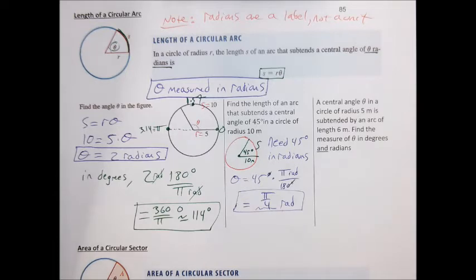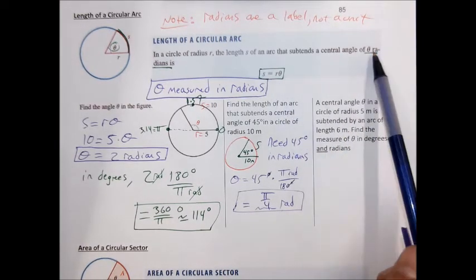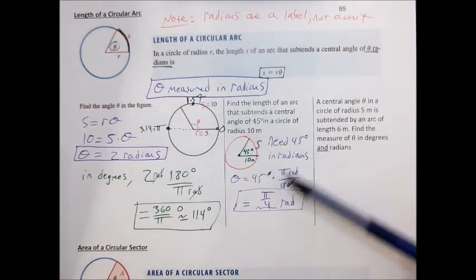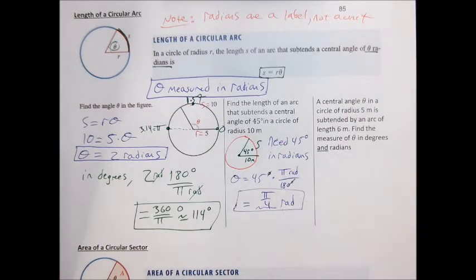Maybe I'm missing something. I'm a little confused because why wouldn't you use that formula solely? We will. We're going to use it, but in order to use this formula, theta needs to be in radians. Okay. And so we're just taking 45 and putting it in radians first, and now we're ready to plug it into